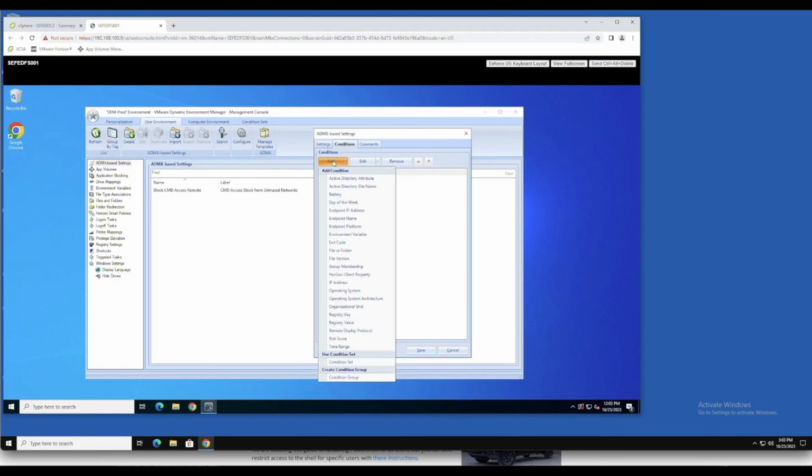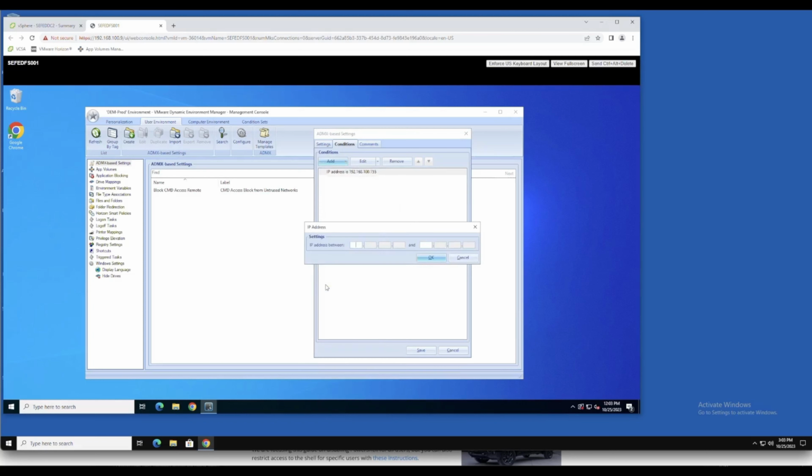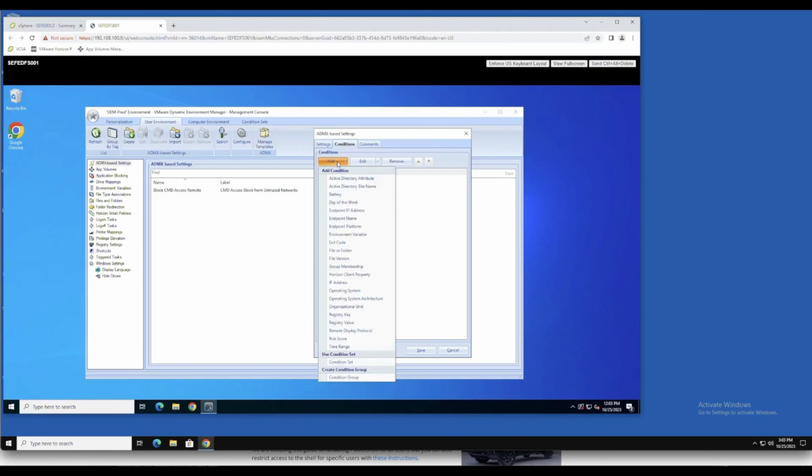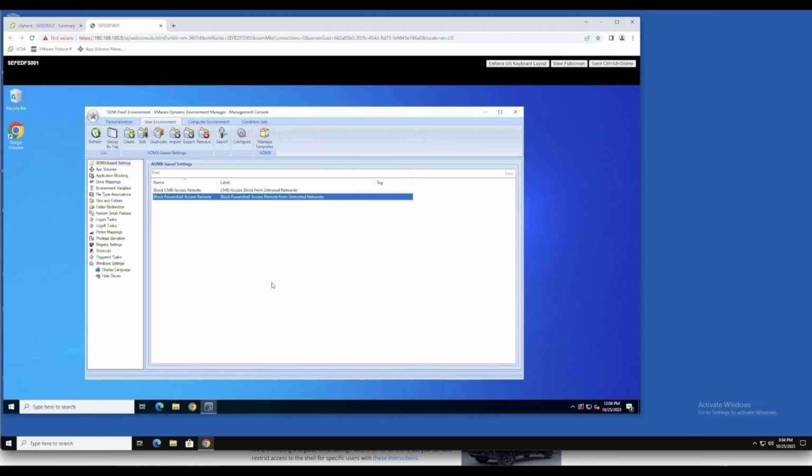But you have a lot of options that are available to you. Groups, operating systems, like I said, the IP addresses that we already used. There's a lot of things that you could do with this. There's a lot of conditional resources. So that's it for our DEM presentation on how to use ADMX templates to augment or replace your Active Directory